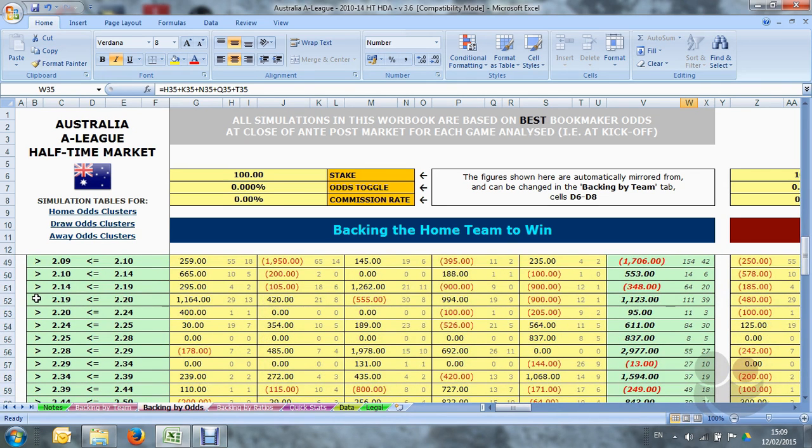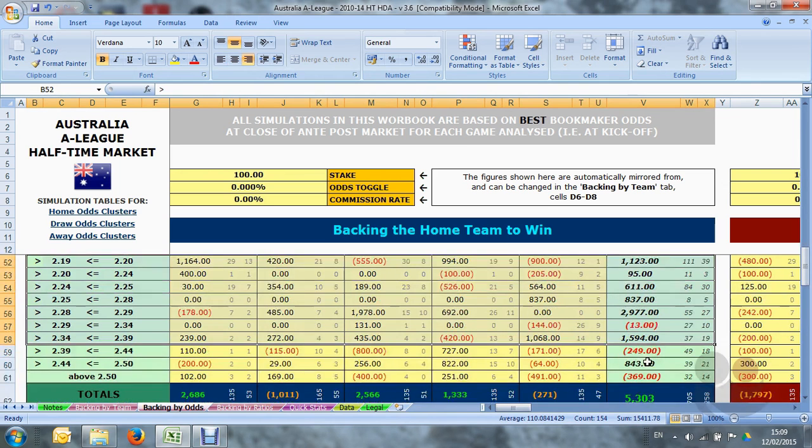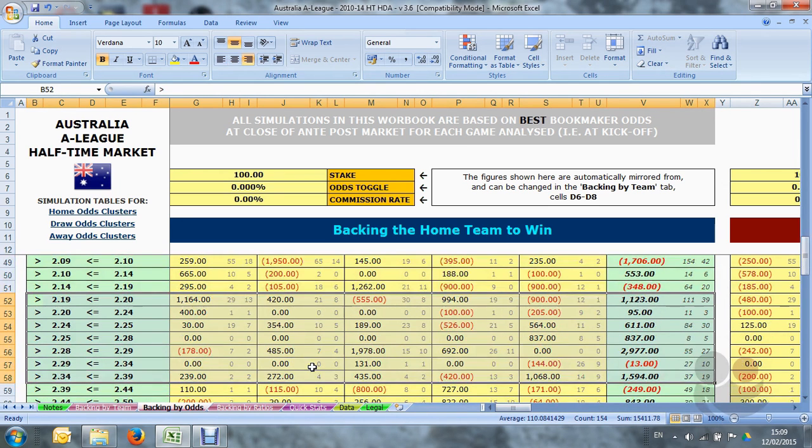So if we just highlight that whole tranche of odds there, we can see that at odds of greater than 2.19, so in other words 2.2, and up to odds of less than or equal to 2.39, so that's 2.2 to 2.39, we can see